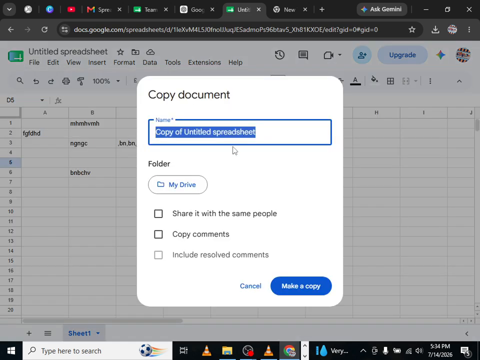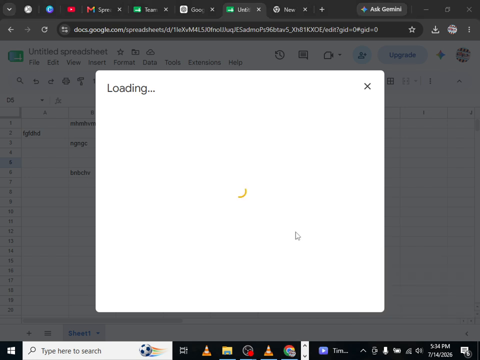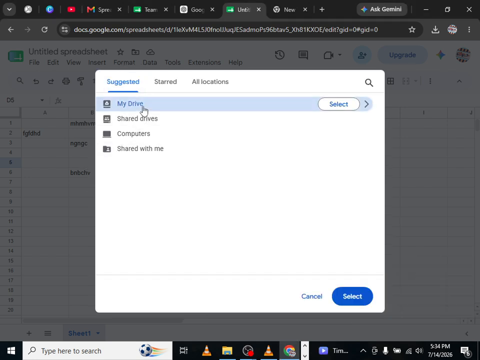A new window will appear where you can customize your copy. At the top, enter a new name for the copied spreadsheet. Choose a descriptive name so you can easily identify it later. Next, select the Google Drive folder where you want to save the copy. If you don't choose a different location, the copy will usually be saved in the same folder as the original